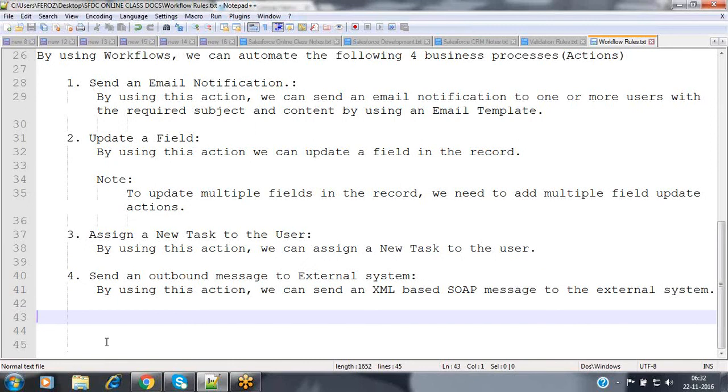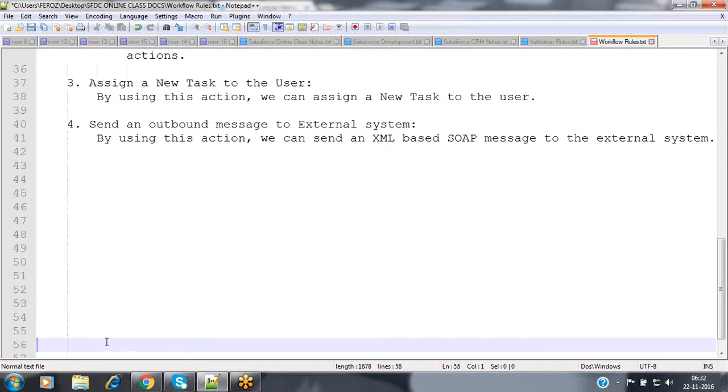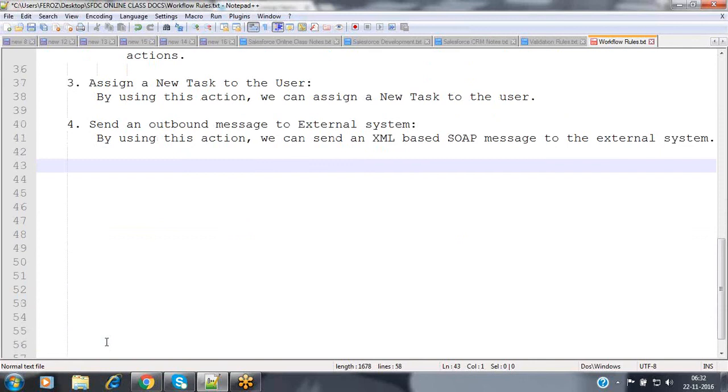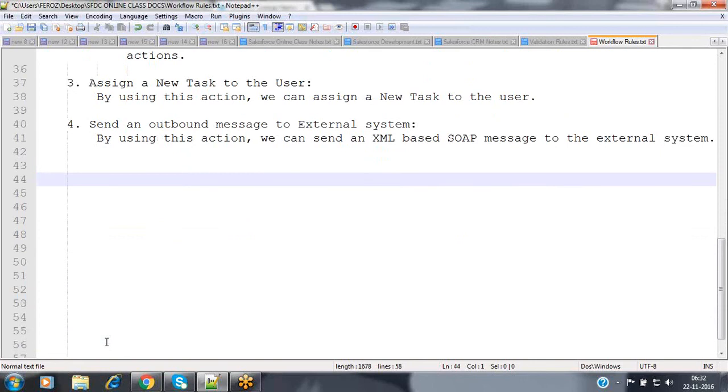Sometimes I want to execute the actions immediately. Sometimes I want to execute the actions at a specific time period. Suppose, for example, let's take a general scenario. As we have discussed previously, whenever you are using a credit card, for every period of time they keep on reminding you. For example, assume that I have an ICICI bank account.